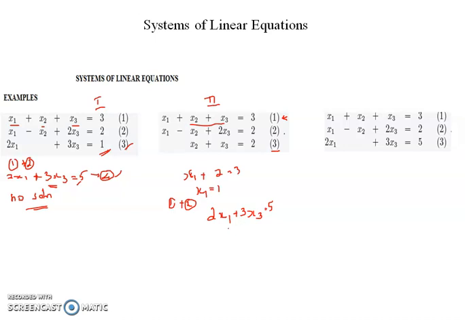And so substituting the value of x1, you will be able to get the value of x3 as 5 minus 2 by 3, which is equal to 1. Okay. Now you got the value for x1 and x3. Now you need to find the value of x2. So what is the value of x2? You can substitute the value of x3 in this equation. You will be getting x2 is equal to 2 minus 1, which is equal to 1. So the tuple formed is 1, 1,